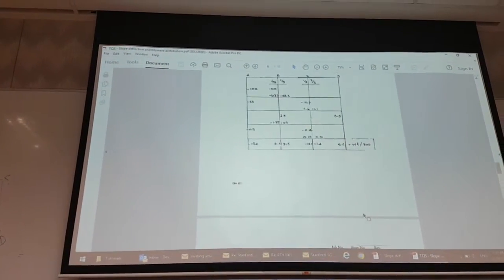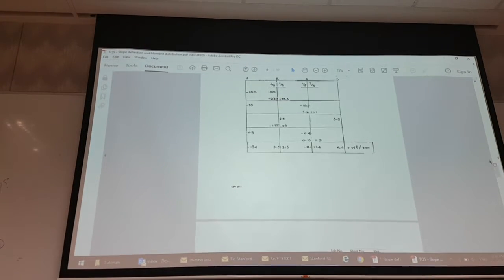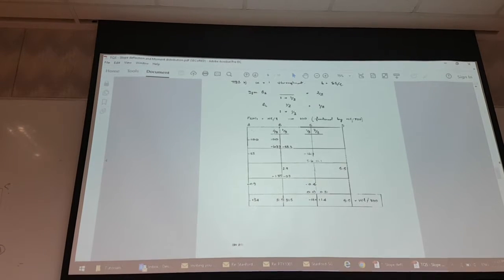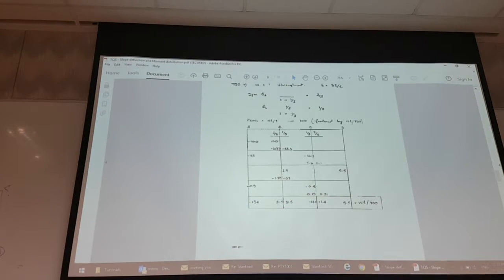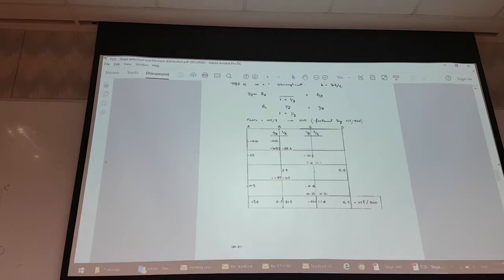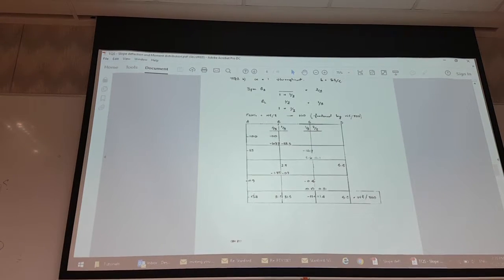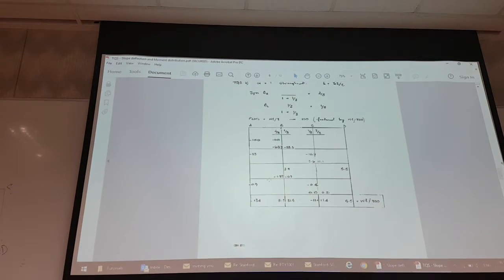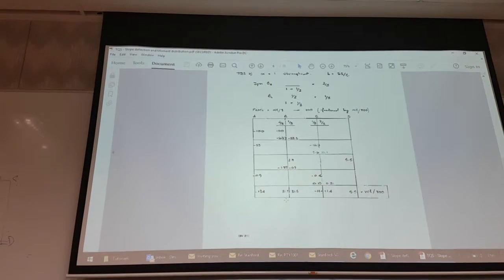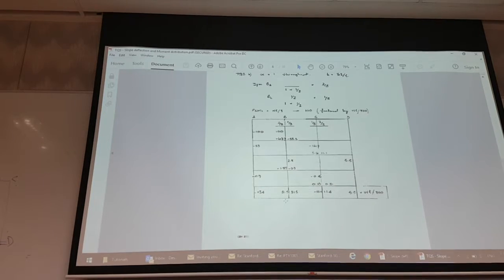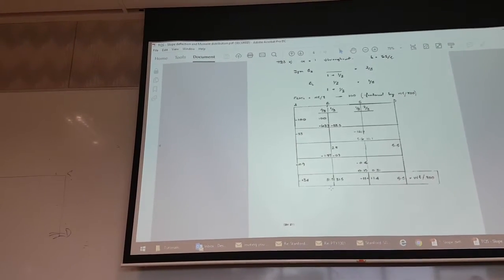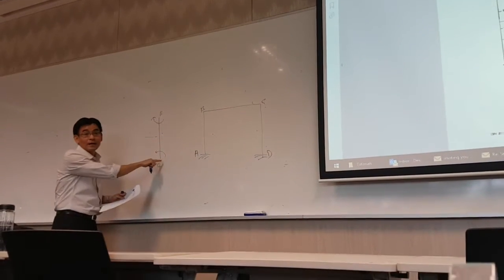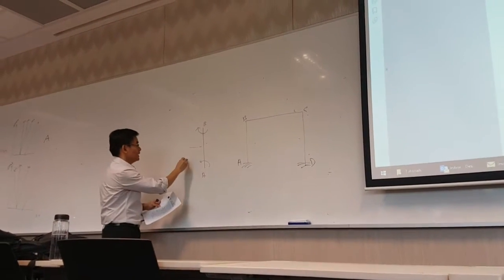So where is AB? If you look into this table, you obtain this is for member AB. For member AB, you will be able to get that the moment at node A along member AB is actually 134. And at node B, within member AB, is 31.5. So with that, for node A, what is the moment? The moment will actually be